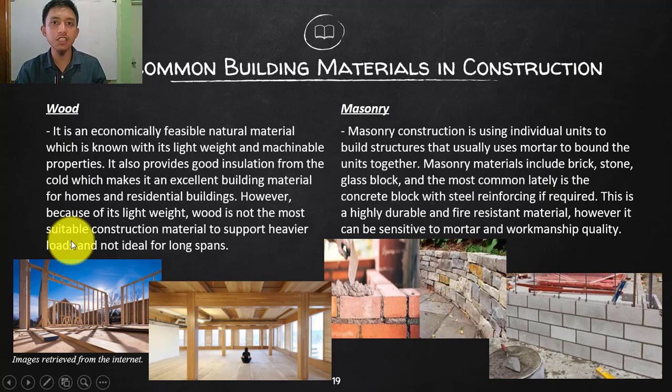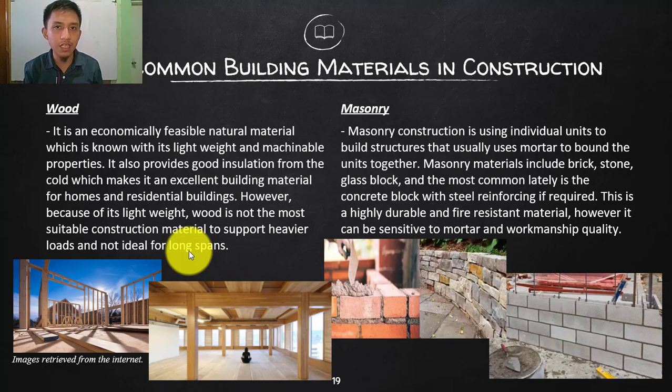It cannot resist heavy loads, and at the same time, it is not ideal for long span members. So that is the disadvantage of wood. But the advantage is that it is machinable and lightweight. That's why in most cases we use wood in trusses, because it is a lightweight material that adds less weight to the total building. Instead of concrete, if you have a good supply of wood, you can use that as the truss